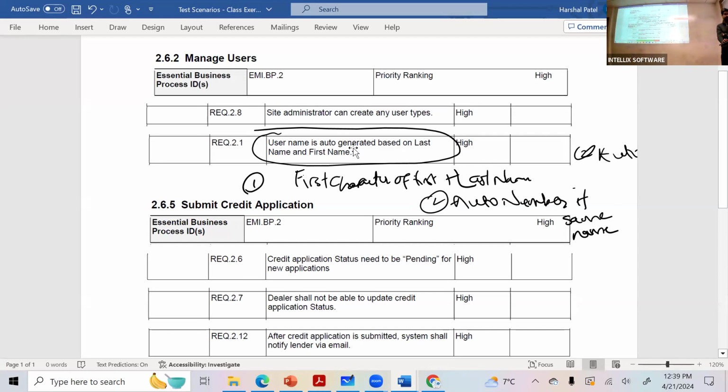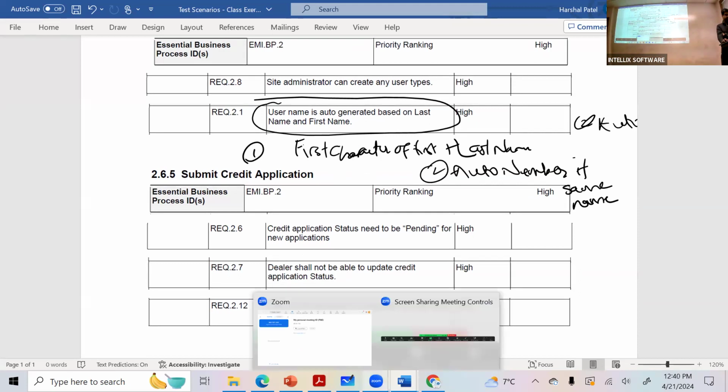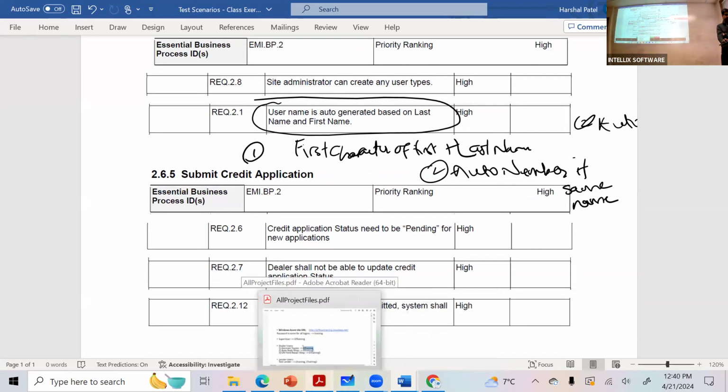The second thing I want you to do is: dealer shall not be able to update credit application status. So write it down, right? So 2.1, 2.7, I'll send it out in the email below. And one from the previous. Do you have that handy, Harsh?